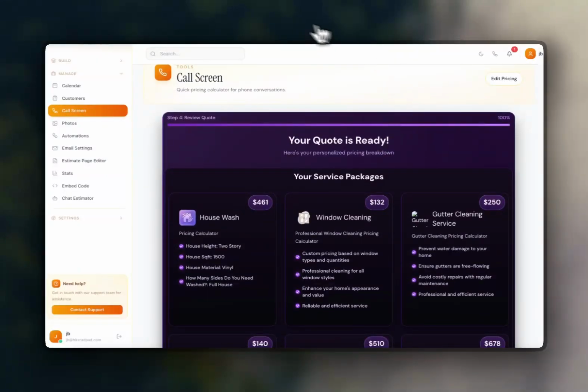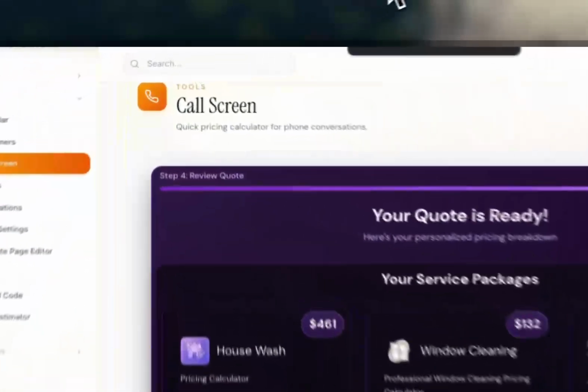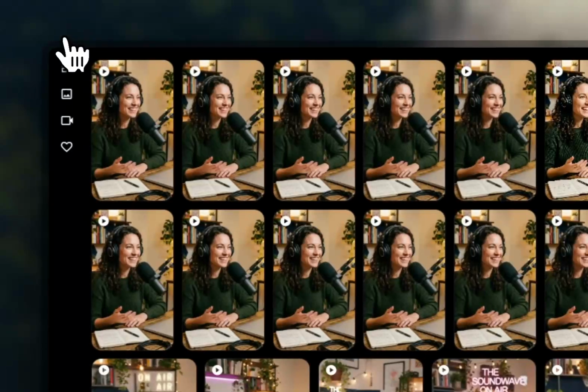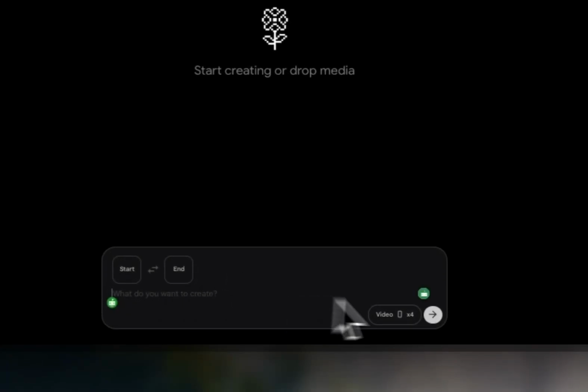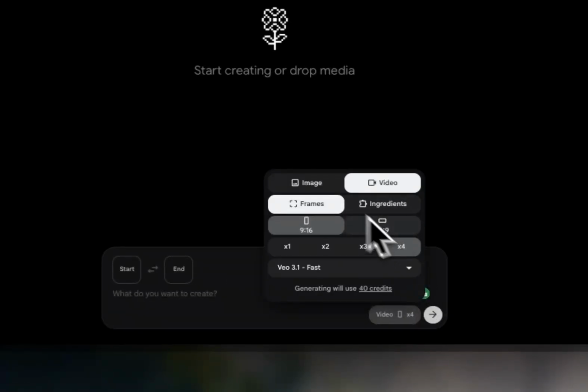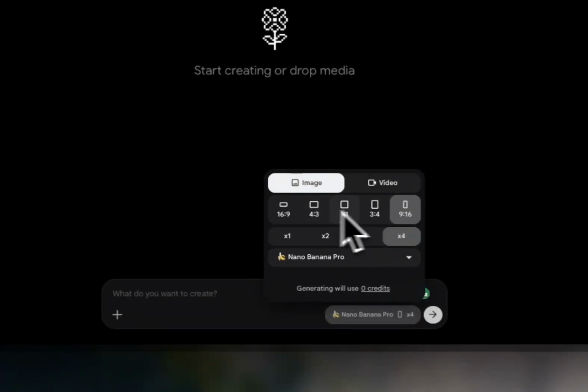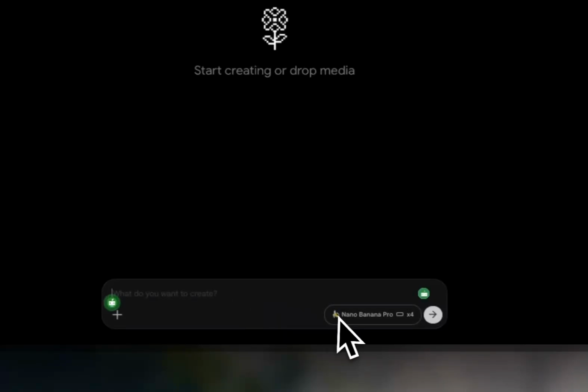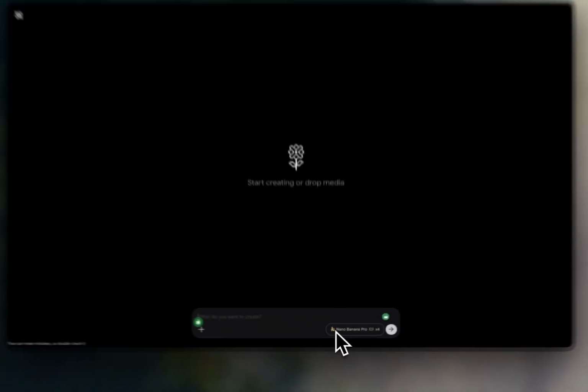So now let's go ahead and generate the icons. To generate the icons, I like to use Google Flow. We'll give this a second to open up here. And I'm going to choose image 16 by 19. And I'm going to go ahead and say